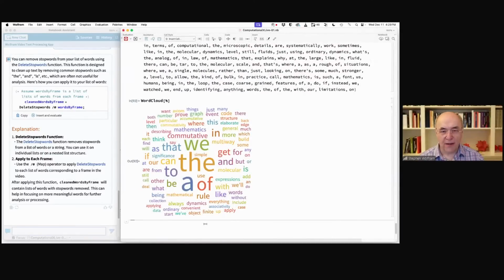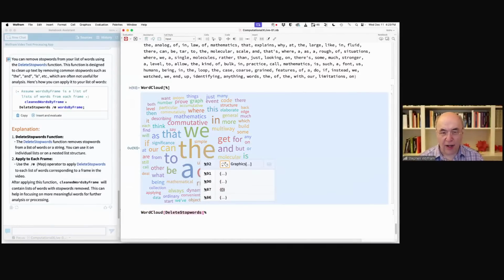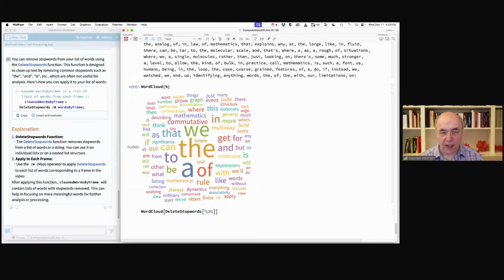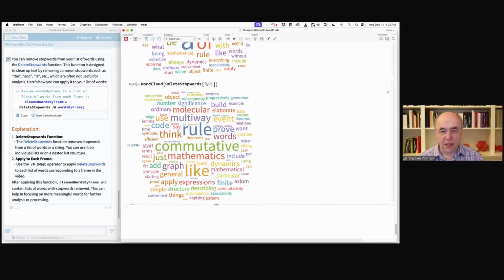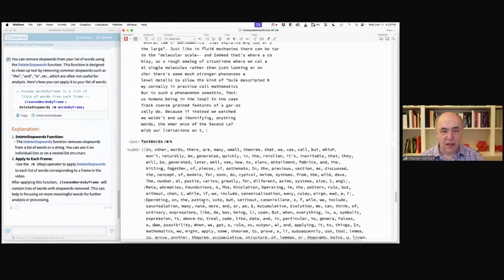We can say, just here, actually, delete stop words of. One thing that I find really useful here is, if I was doing things with text all the time, I would probably remember delete stop words, but I didn't immediately remember that function. But now it was very useful in telling me that that was the word to use. Now what I'm seeing there is something where what I really should do is to do that for each of the pages here. So what I've got here on line 86